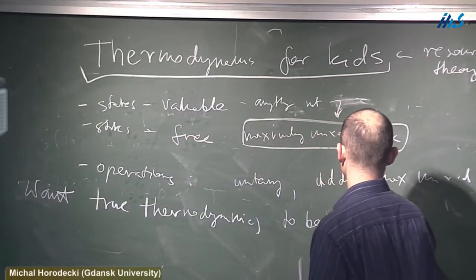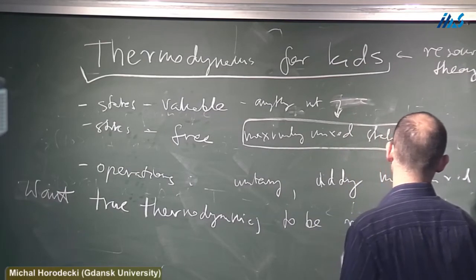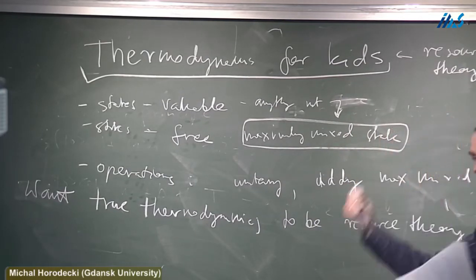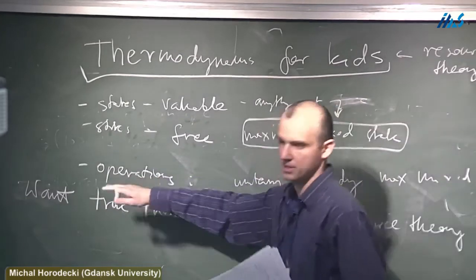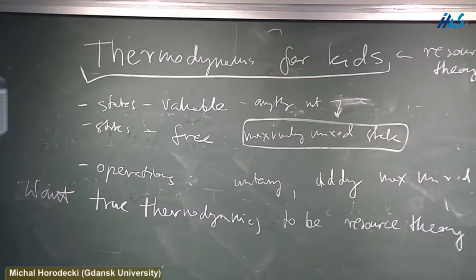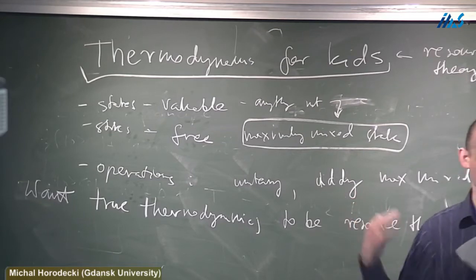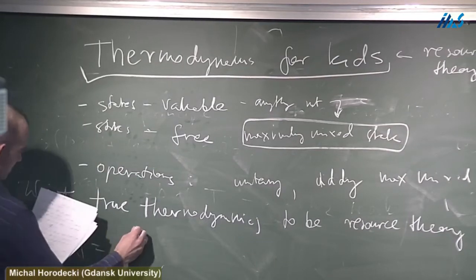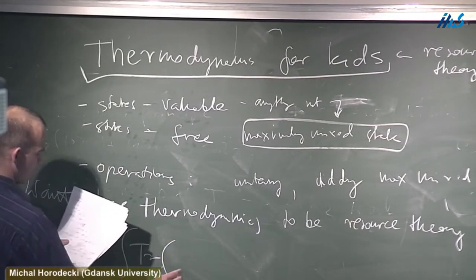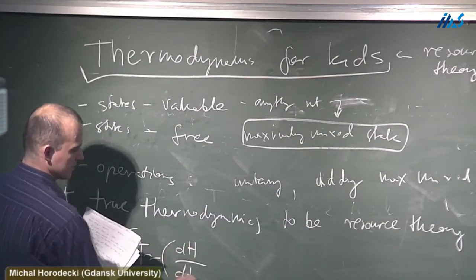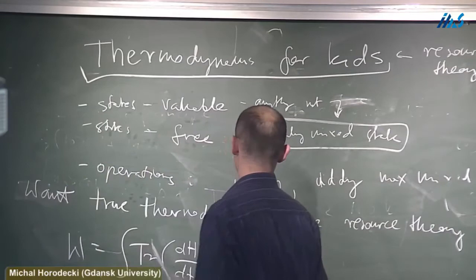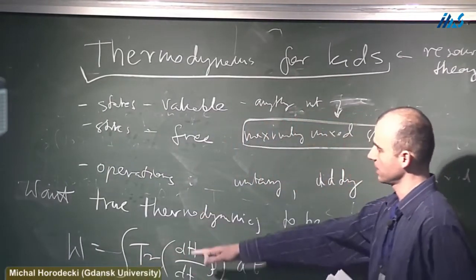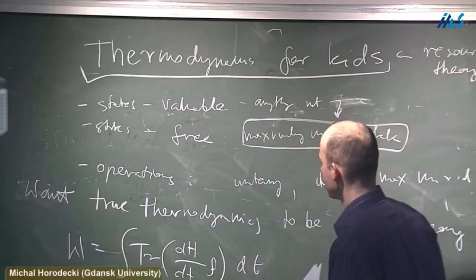To be resource theory, which would be about state manipulations by means of some relevant operations. So what is the problem? The problem which we faced at that time was that work was not about states. Work was about changing Hamiltonian. So for example, you may find such formulas for work. You go through some path, you change the Hamiltonian, and that's the average work that you performed. So that's one thing.